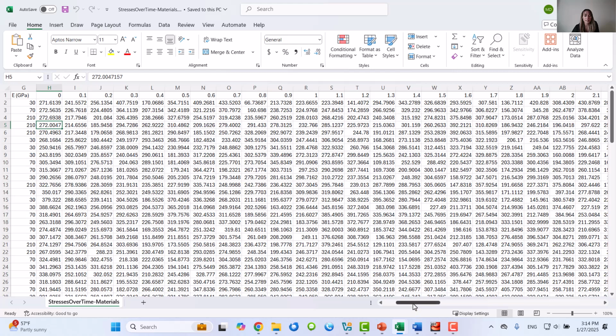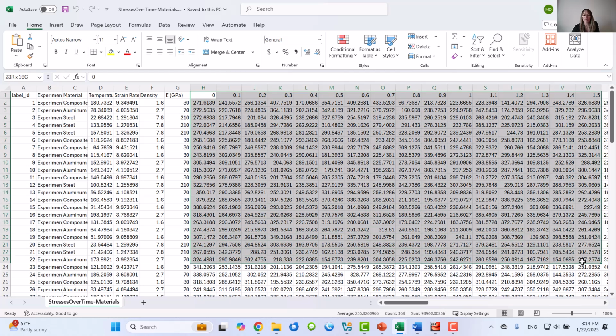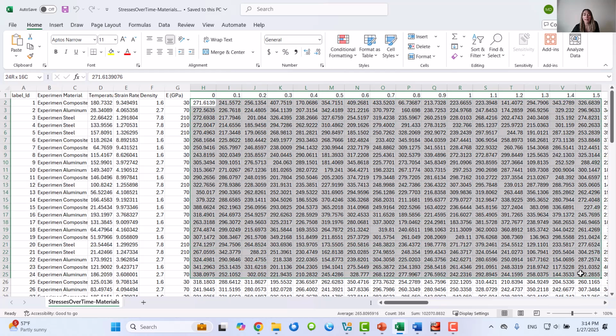As you can see, here is the CSV file, the raw data that came with this form. So we have all the time intervals in this column, and under them we have the stresses.